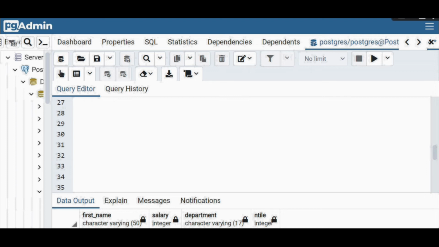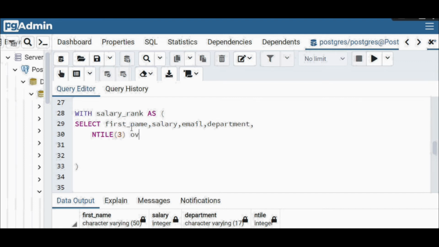for common tables, we start with the WITH statement. So with, we give the table a name. So salary_rank, AS, and then we have the opening bracket, and just place space there. And then now what we want to select, so what we want this table to have: select the first_name, select the salary, we can select the email also, we can also have the department, and then now we have an NTILE function, 3 groups,